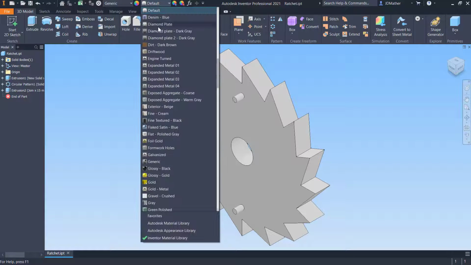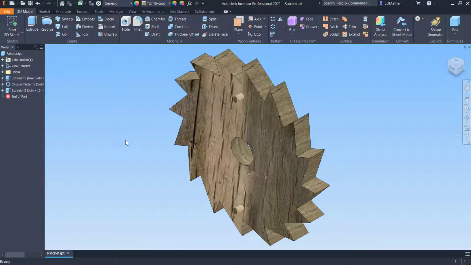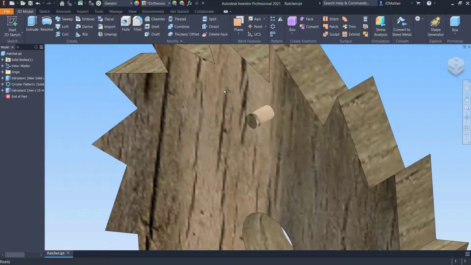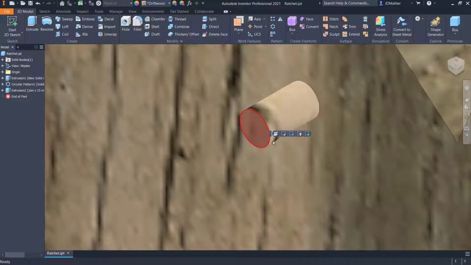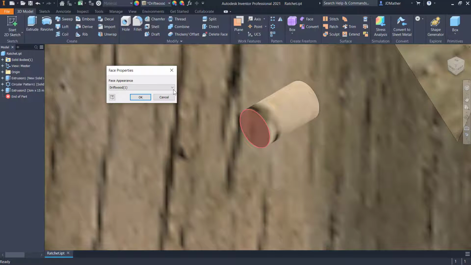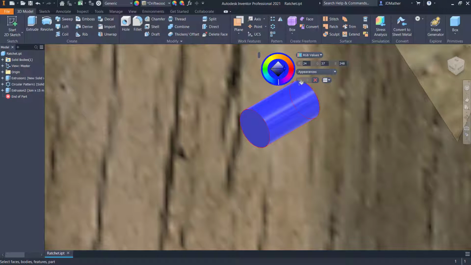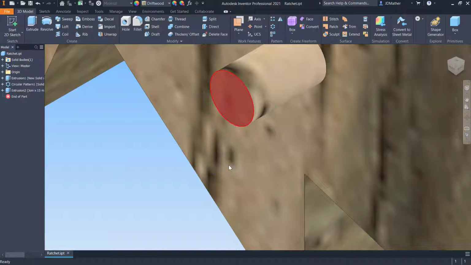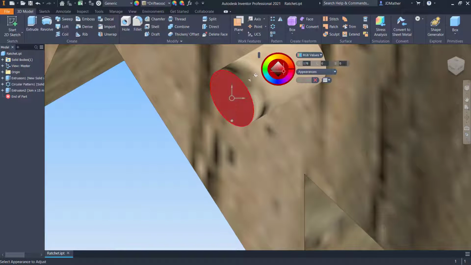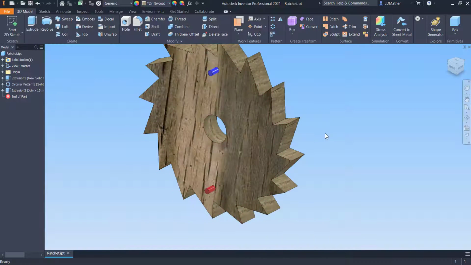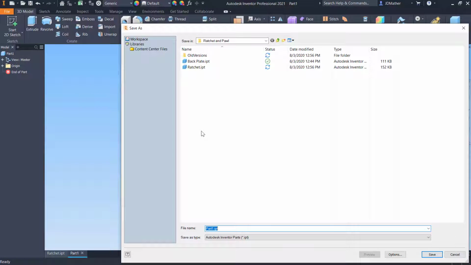I'll apply some appearances to my model, so I'm going to make that driftwood, and then I'll select this face, right click and go to properties, and I'm going to make it blue, adjust that appearance onto this face. I'll change the properties of this face to red, and maybe drop that same appearance onto this face. I'll save this file. I'll start a new metric part file, and I'll save this one as Pawl, P-A-W-L, and